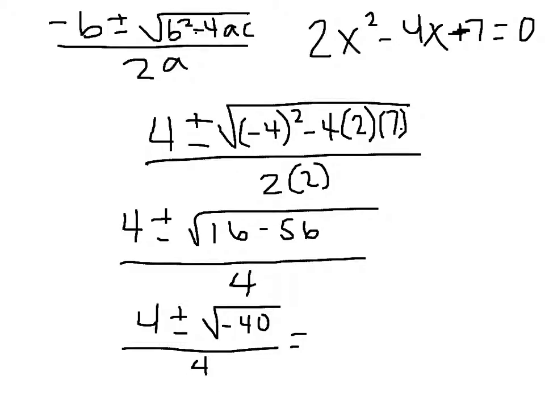And then I know a couple things. I know that the square root of 40 can be simplified, and I also know that if I have a negative underneath the radical, it generates an imaginary number i. So I'm going to have first 4 plus or minus i times the square root of 40 divided by 4. And then if you remember,